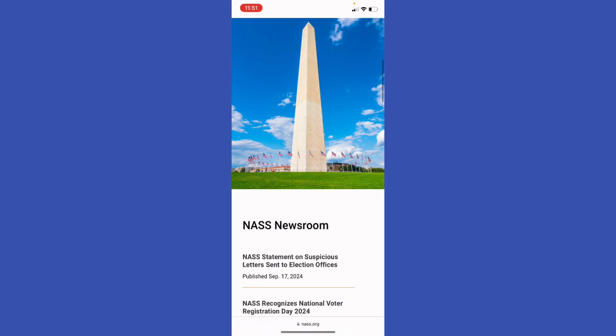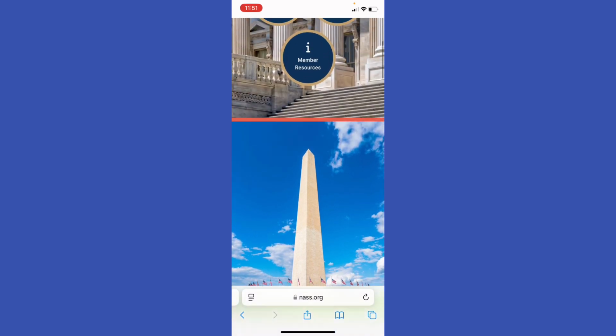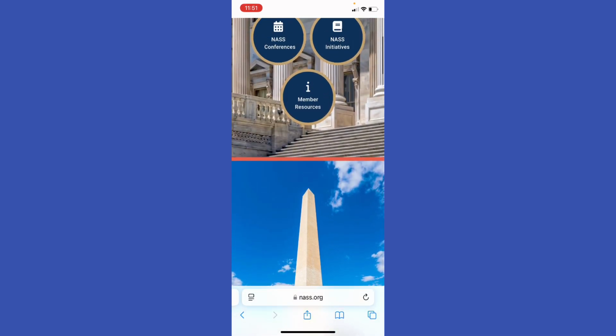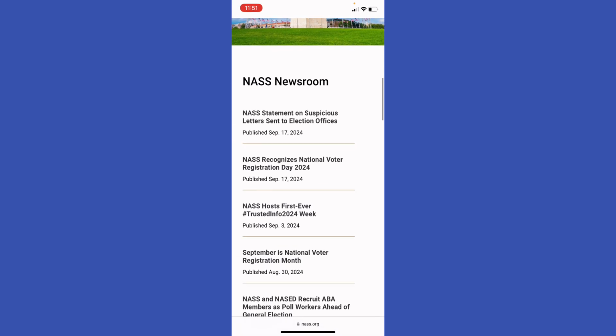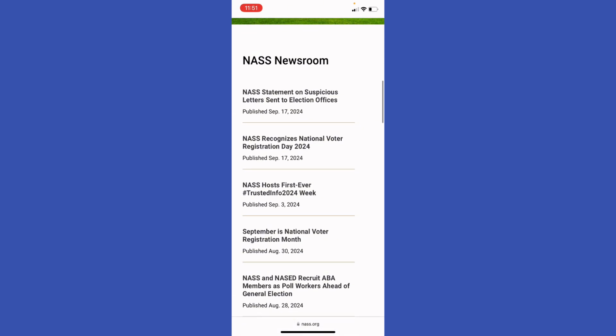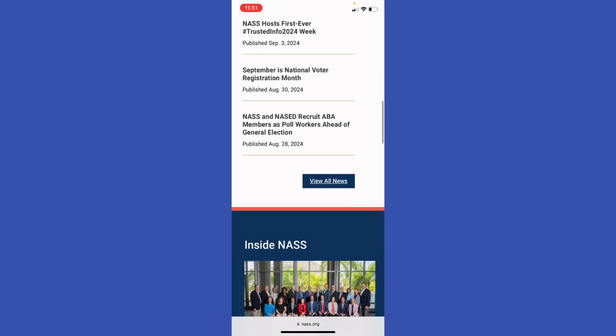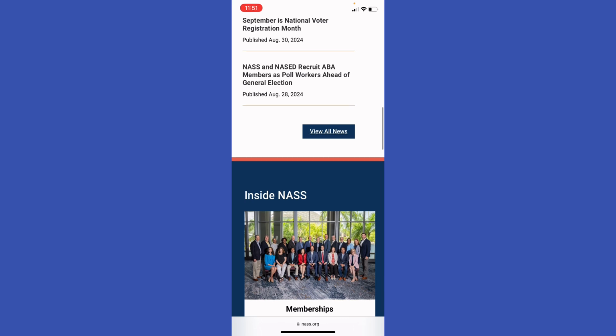How to vote without an ID, right? Verify your state's ID requirements and what alternatives are allowed. Some states may not require ID, while others may accept alternatives, right? And if ID is needed, be prepared to provide alternate forms of verification like utility bill or bank statement with your name and address. In some states, you could sign an affidavit confirming your identity if you don't have an